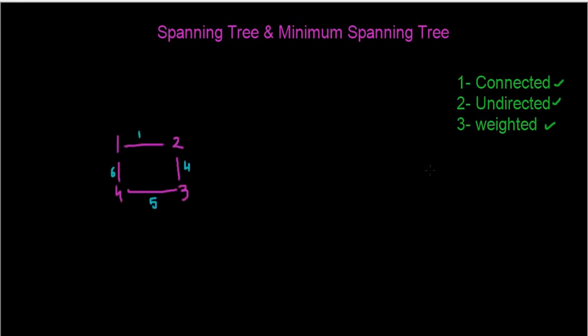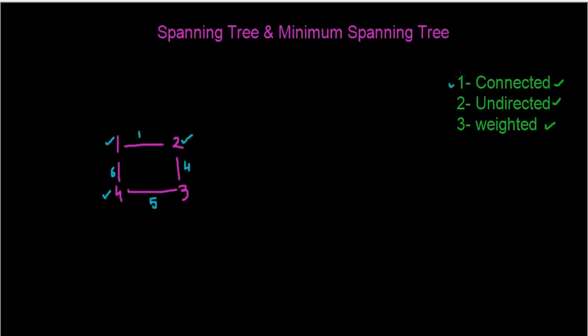This one is a connected, undirected and weighted graph. As you can see, this graph is connected. A connected graph is one where I can visit any node from any other node of my graph. For example, I can visit 2 via 1, 3 and 4. Via 1 I can visit like this, via 3 like this, and via 4 I can visit from 4 to 3 and then 3 to 4. This condition is true for all the vertices, so I can visit any vertex in my graph through any other vertex.